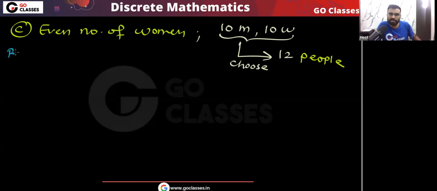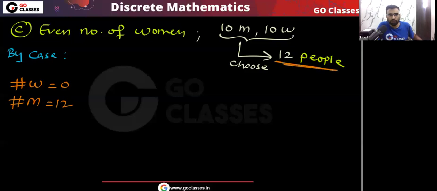Yes, by case. Correct. Here by case will come to your mind because we can create cases. This even number of women can be 0 women or 2 or 4 or 6 or 8 or 10. So we can create cases. Very simple. So what will be the cases? These are the cases. Remember, maybe there is no woman. This is the first case, that number of women is equal to 0. So automatically how many men? The number of men will be 12 because remember, total we need 12 people. So this case is not possible, right? Do you agree with me that this case is not possible?